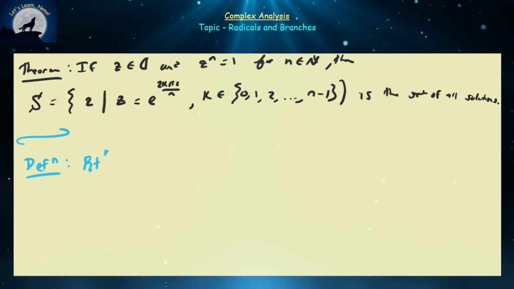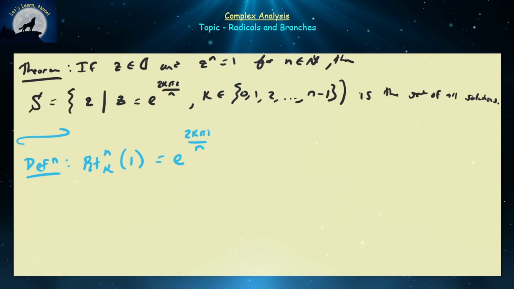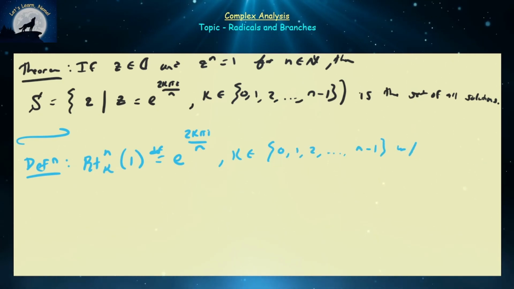So I'm going to define the nth root of the number 1 to be equal to e to the 2k pi i divided by n. Notice that I'm defining a function rt superscript n subscript k. So this is actually going to focus on what we call a particular branch of our radical function, because there's multiple roots of a particular number. At least there's multiple nth roots provided n is greater than or equal to 2. So we're going to have rt n k of 1 defined to be equal to this particular number, where k belongs to, again, 0, 1, 2, all the way down to n minus 1,